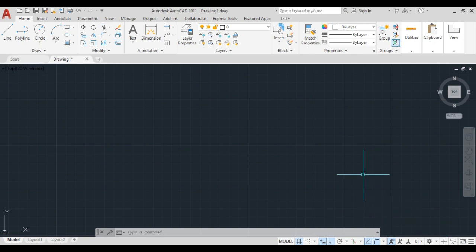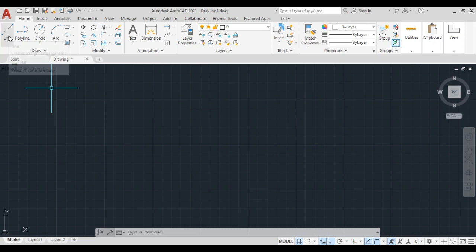Alright guys, now again what will we do? This is called the UCS icon, which is the origin 0, 0, which lies here. This is the x-axis and this is the y-axis direction. You can see the x-axis and y-axis here, and you can make your drawing perfect in AutoCAD 2D. And this is called the command bar. Here you can type any command which is available on this bar or ribbon.